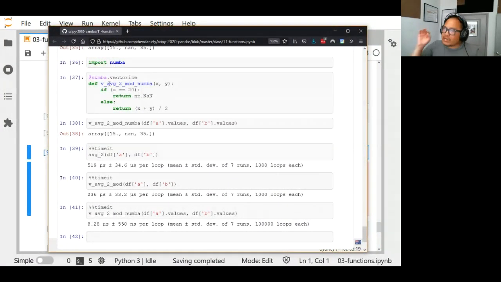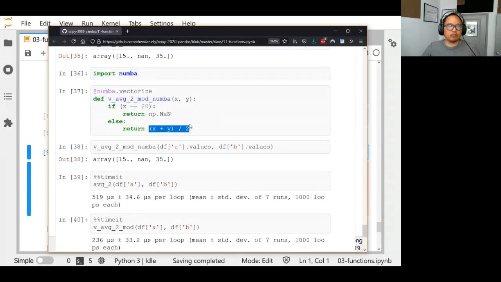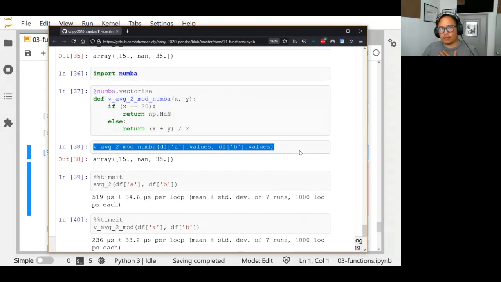If you are predominantly or exclusively working with numbers and your function is doing a numeric computation, so in our case, all we're doing is checking if it's equal to 20, return missing, otherwise perform some numerical computation. Let me make this a little bigger. This part of the function is no different. Numba is a library that is highly optimized for numerical computations. So instead of numpy.vectorize, you might get some mileage using numba.vectorize, and you call it the same way, except